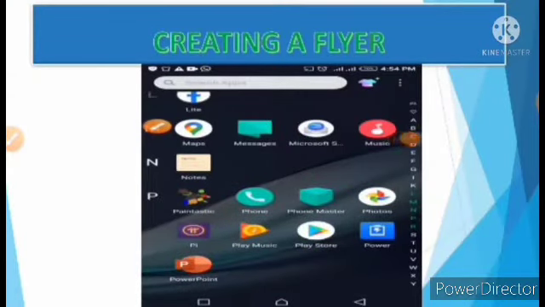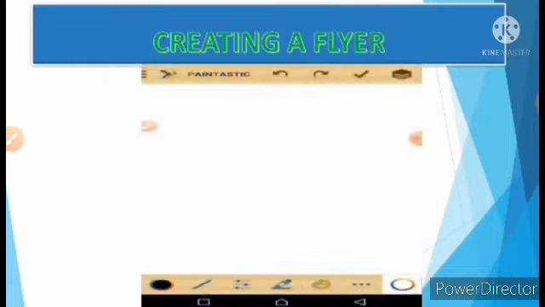Now we are going to be creating a flyer. We are quickly going to work on and learn how to create a flyer. First, you are going to launch your Paintastic application. That's the first step when you are about creating a design. Beautiful. We've done this. And next, after launching, we are going to